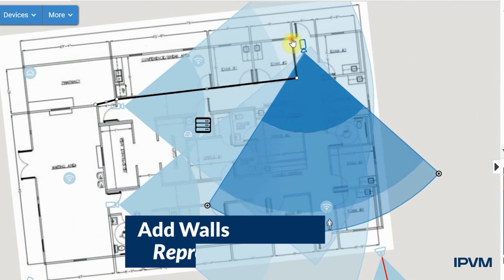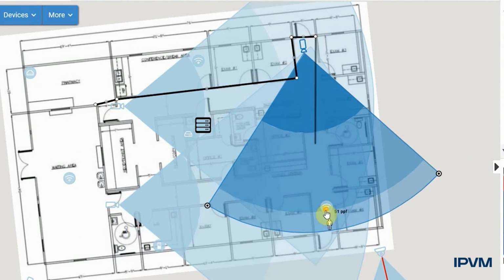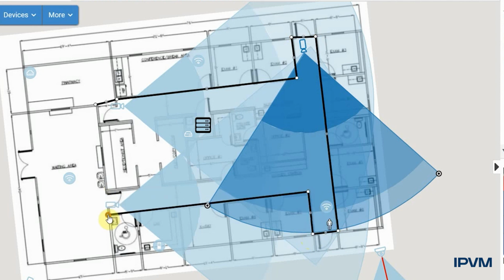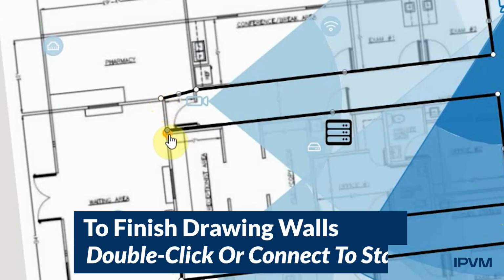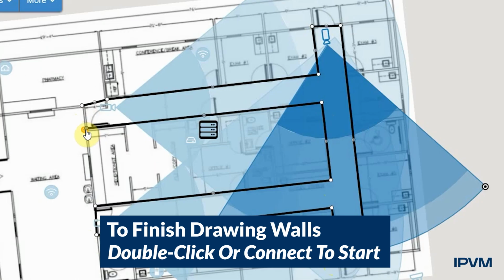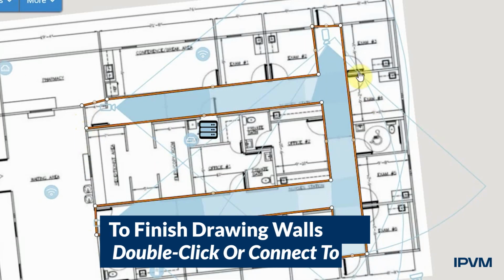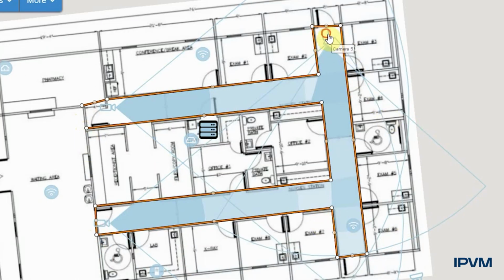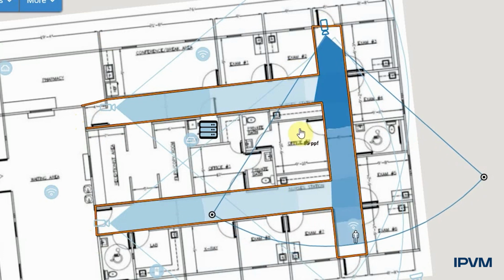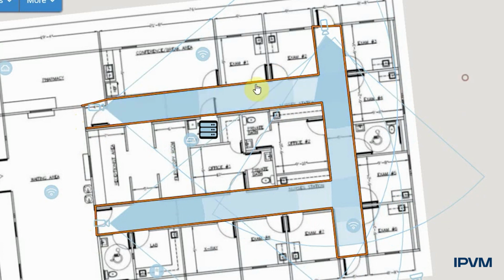And so we're just going to roughly locate walls around the hallways of the building. You can obviously spend more time making the walls look exact. Now we can finish our walls either by completing back to the starting point or just double clicking on our final point where we want to make a wall. And so now we can see our camera field of view is being interrupted by the walls to give a more accurate representation of the